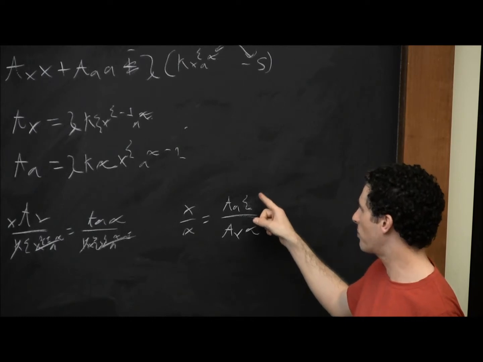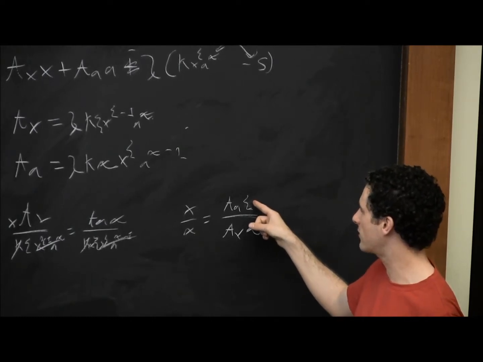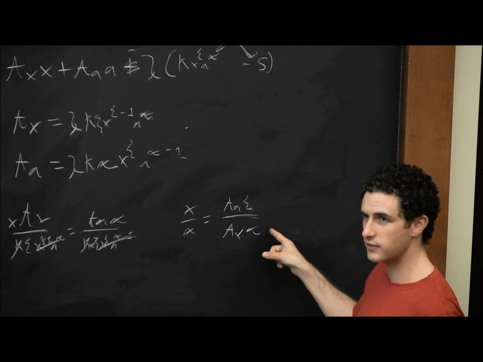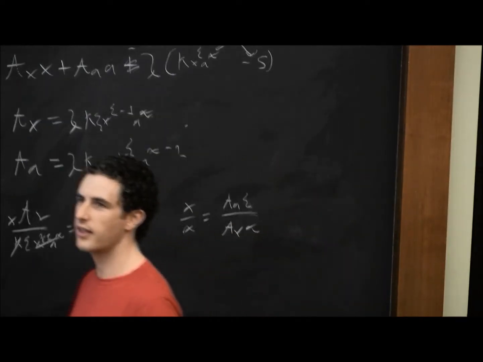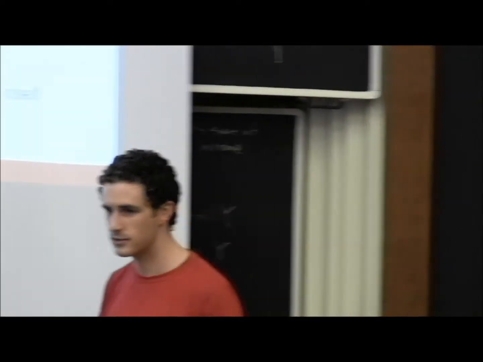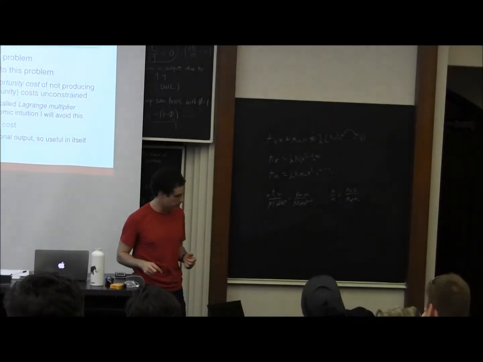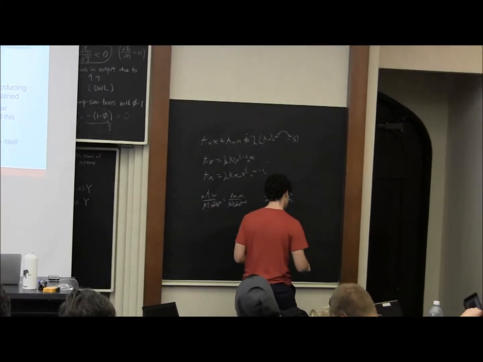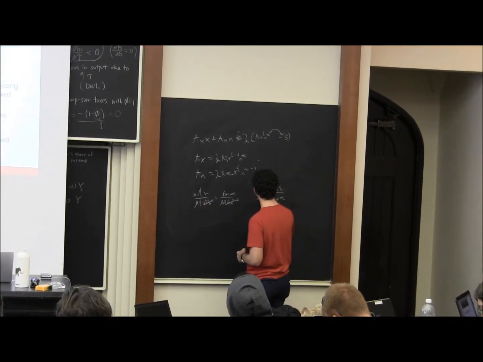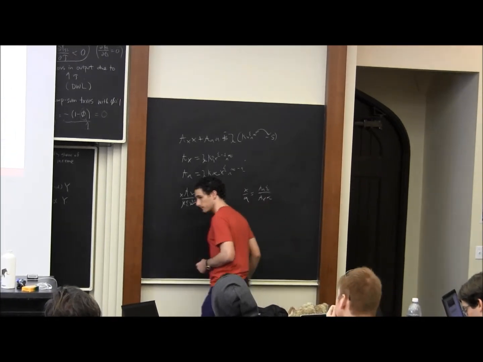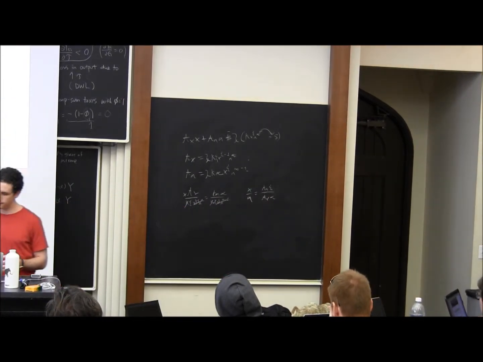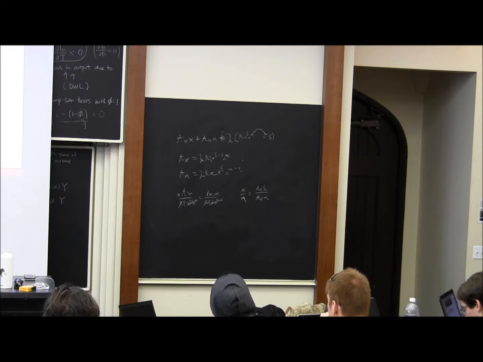Times the ratio of how productive x is, c over how productive alpha is. Is this supposed to be x over a? Or X over A. Okay, so